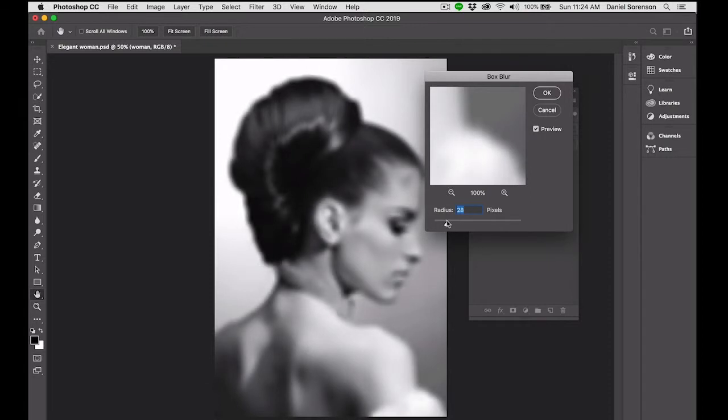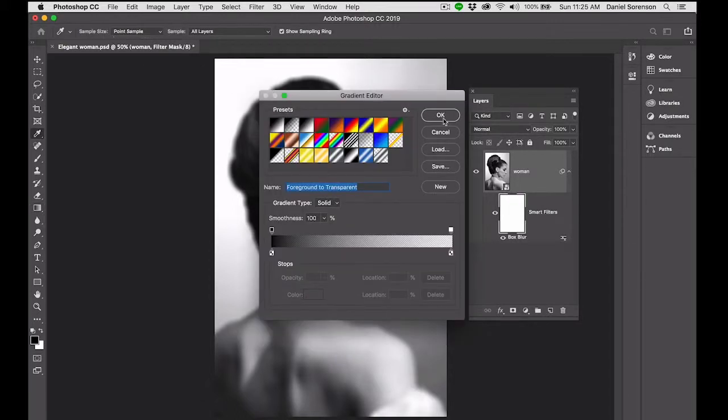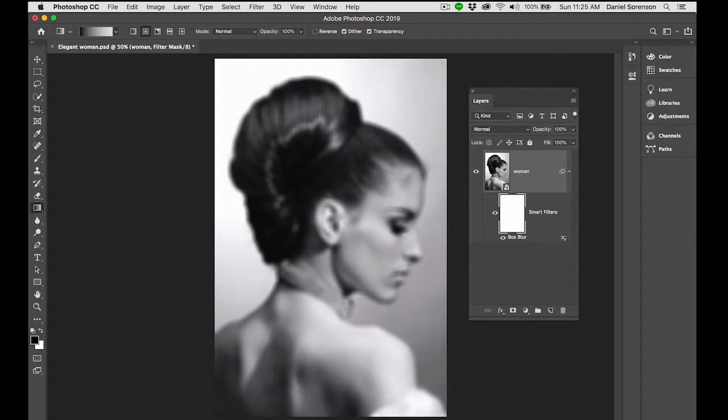Let's say somewhere in the 25 range. Say OK. Now the smart filters come with a mask. So by painting either black or white on the smart filter mask, we can either hide or reveal that effect, that filter. So I'm going to use the gradient tool, and I'm going to use the Radial Gradient, foreground to transparent. I want to hide the effect on her face so that her face is sharp, but then the edges are out of focus. So I'm going to paint with black, click and drag on her face,